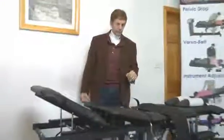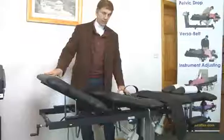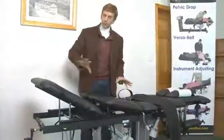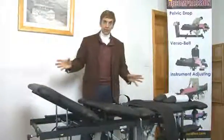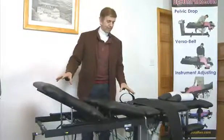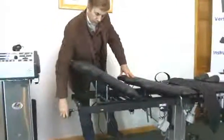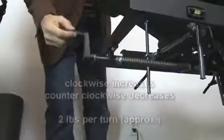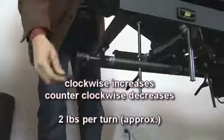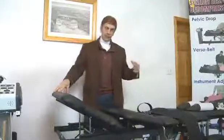perception of the pull. Our table has a split segment to it, so the lower part of the body, which is 50% of the body's mass, will move towards the motor. That's an important consideration because it reduces x-axis frictional resistance. And that also is helped on our table by a variable resistance spring. And so the combination of having the patient tightly bound into the belt, attached to the motor, which is an exacting pull, and the movement of the table will allow all of these attributes to give the patient the best